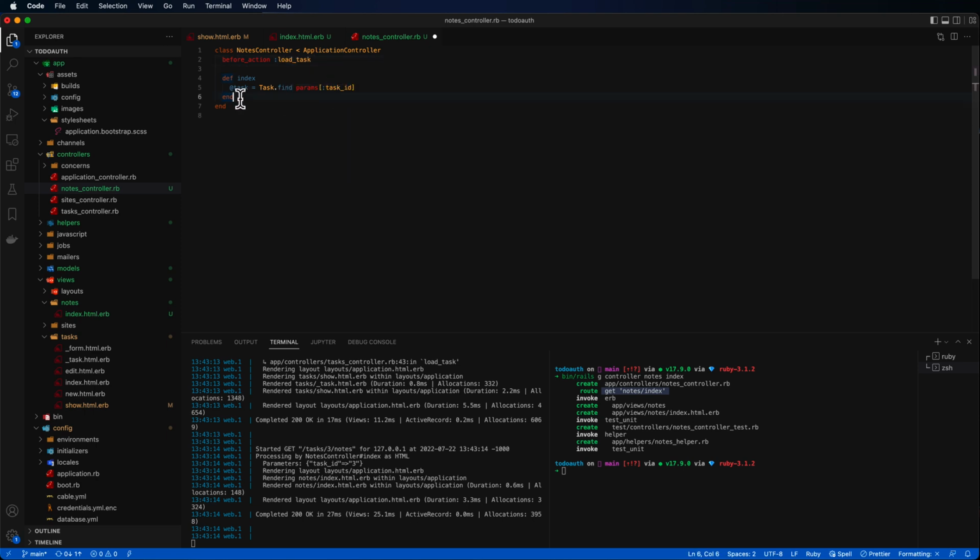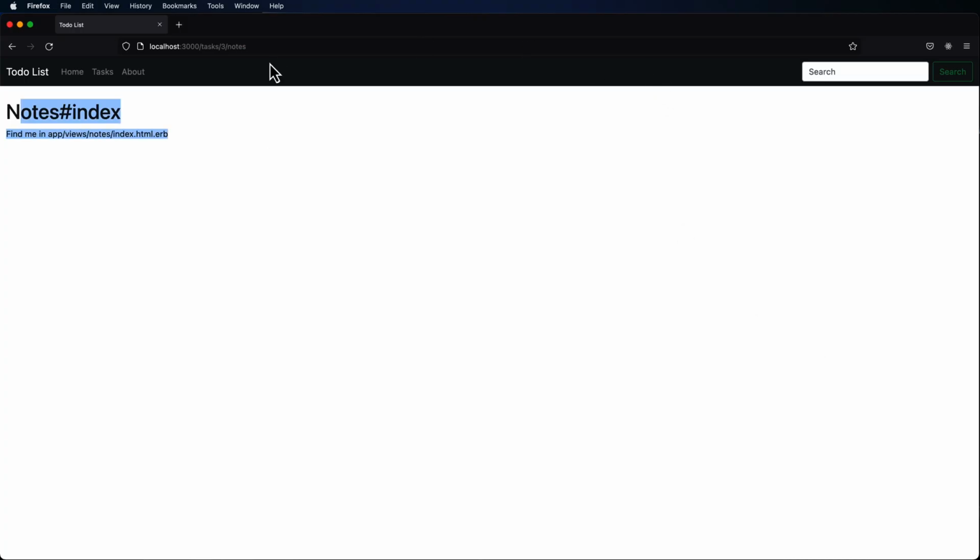And to do that, down here in the private area, we'll create that load task method. And inside of that, we'll just do this code right there. So now in our other actions, we'll know that we can access the task through that variable right there. It'll get loaded in every one of our actions. And refreshing, and now we have the notes for it, and then we have this name, the name of the